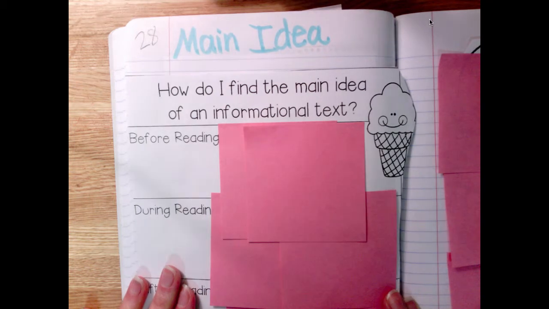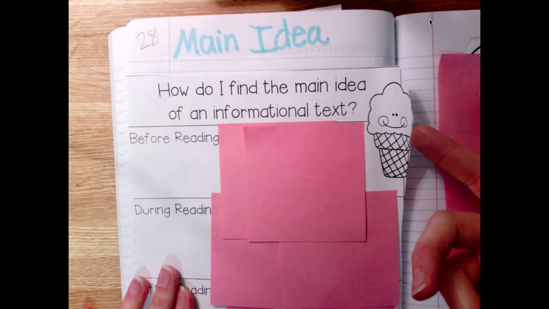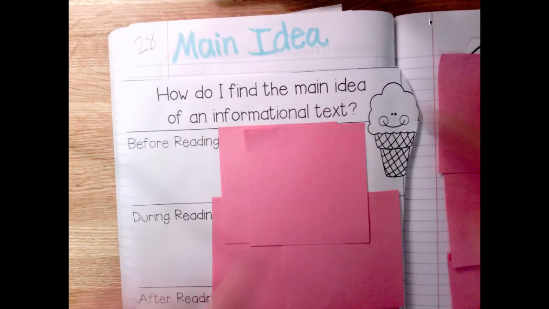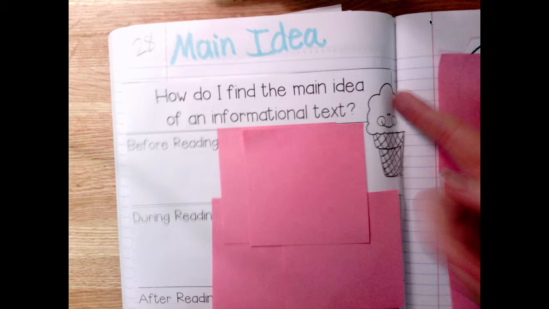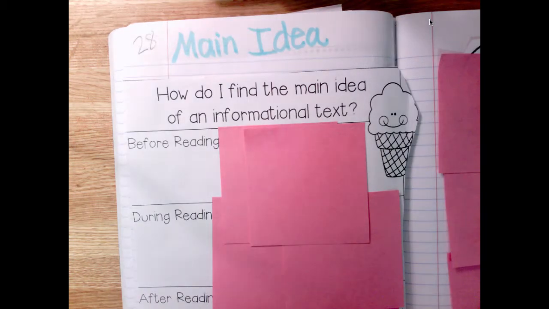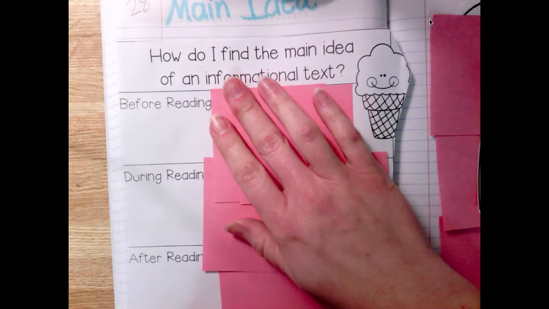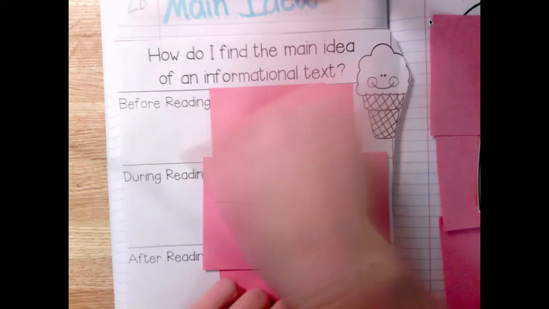And what I realized is that this ice cream cone is kind of in the way a little bit. I trimmed the edge of mine off a little bit more, but it's still in the way, so I just stuck it on this side, so it'll just get bent a little bit in the crease, but it won't really affect it. So I've put little sticky notes on here to cover up what I've written so we can talk about it. So also you're going to want to put the title, main idea, at the top of